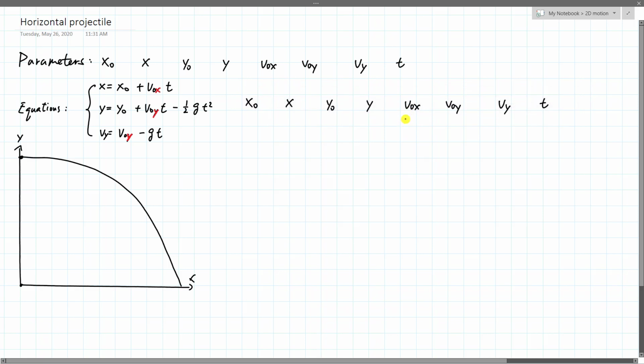Okay, so we're given the initial position. Well, we're given the freedom to choose our axis. So the initial position can be chosen as 0. So this x0 is 0. And initial y position was given. This is at a height of 1.17 meters. And that's how high the projectile launcher's barrel was from the ground. So initial x is 0,